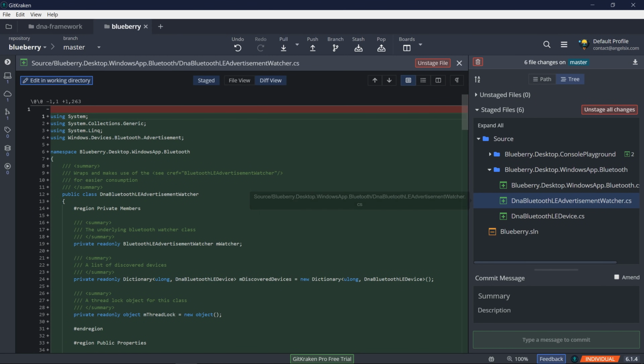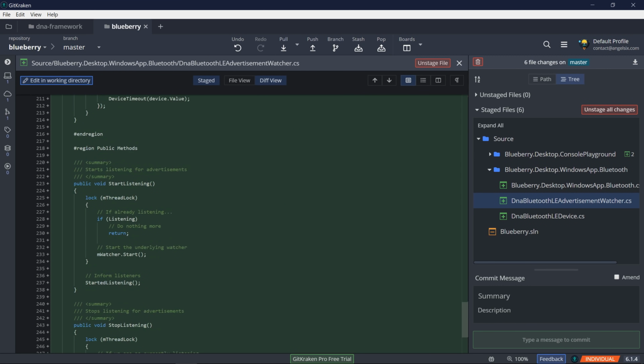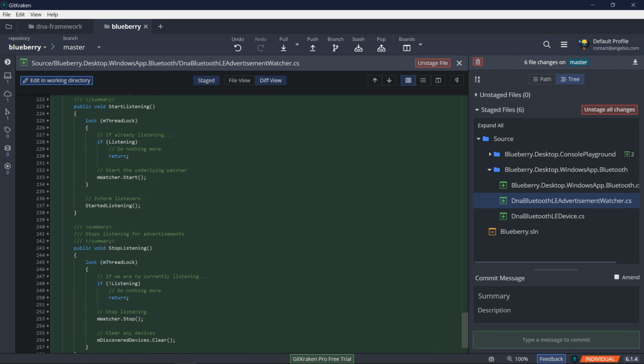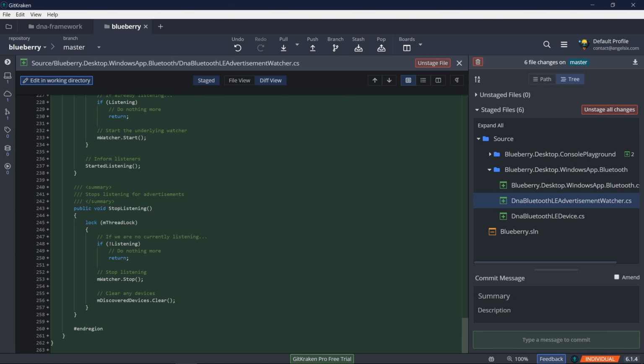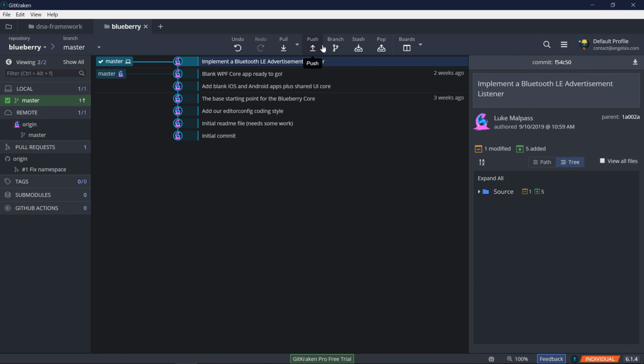Stage that, go to the bottom again. And then we're locked on the listening and the stopping and starting. Yeah, so I'm happy with that. So this will now be implement a Bluetooth LE advertisement listener. And yep, I am definitely happy with that. Commit, push,